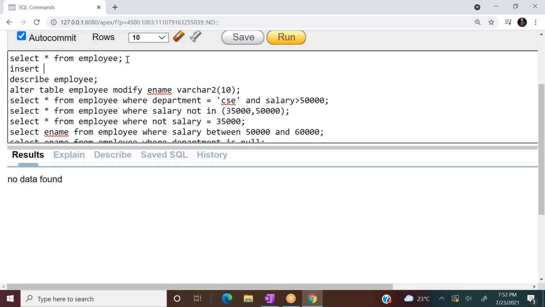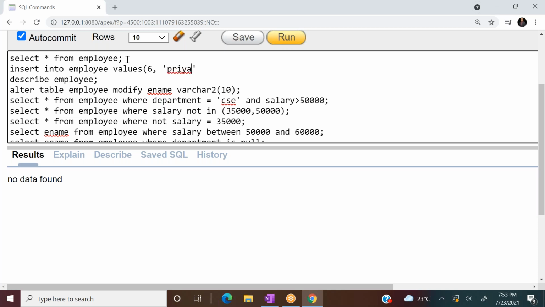Insert into employee values. Here you have to give values, something around 6. Name of the employee: Priya.